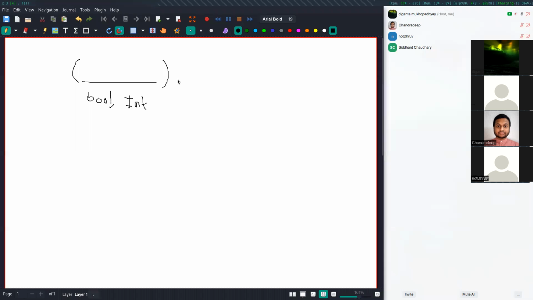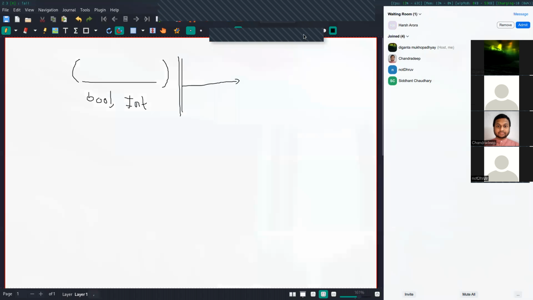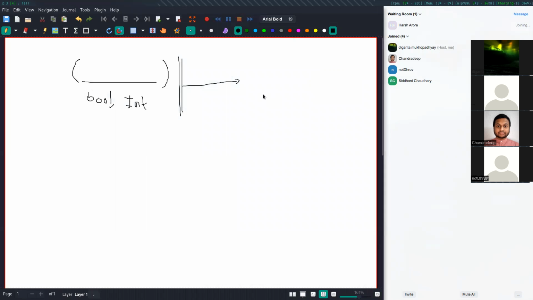And it will take some formula made of these expressions, and it will tell you whether this formula has a satisfying assignment or not. That is to say, whether we can in some sense put some values of the variables in this expression so that this expression actually evaluates to true,